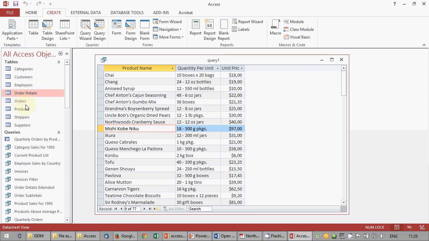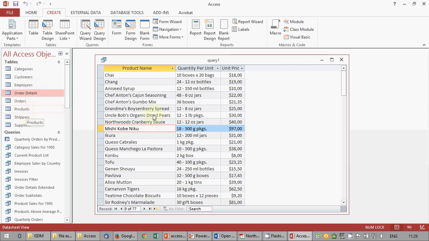Not always. It depends. If your query is very simple like this one, it will do. If your query is extremely complicated, it will probably not know what to do, and so it won't do anything. Okay, but pay attention. Don't do modification to your query results, unless you really want to modify